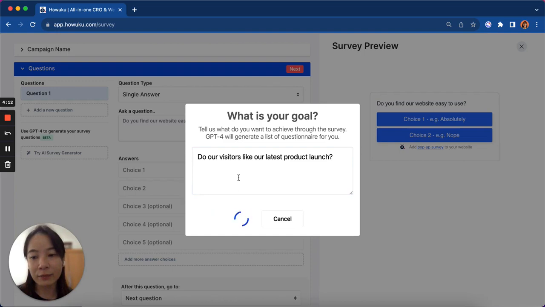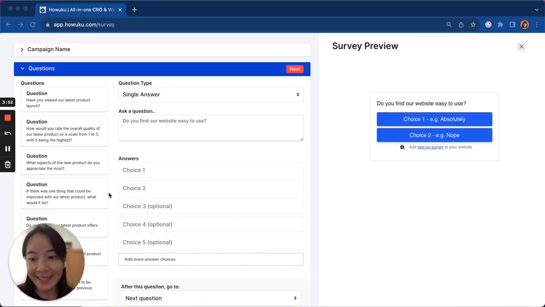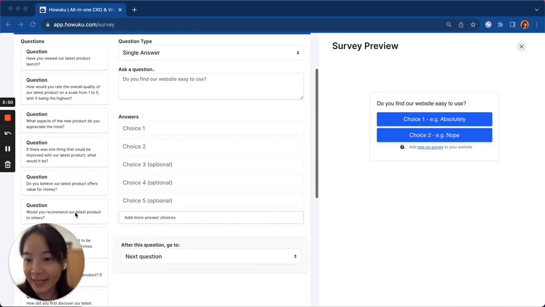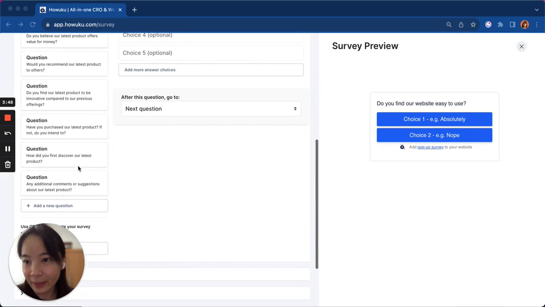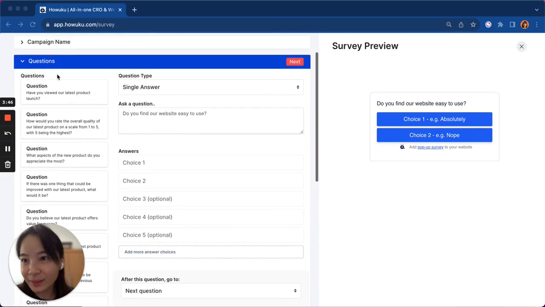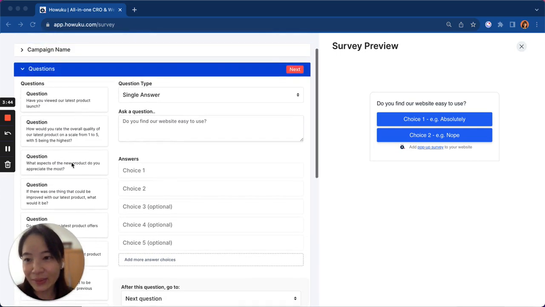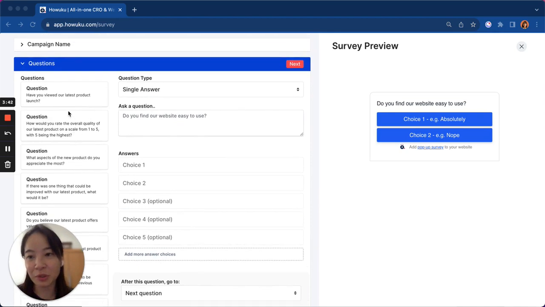And then the AI will automatically help you come up with a list of questions that you can potentially ask your user to help you achieve your goal to collect feedback from our user, whether our visitors like our latest product, right? And here you go. The AI has generated a long list of questions for you to choose from, and then you can just click on it, and then